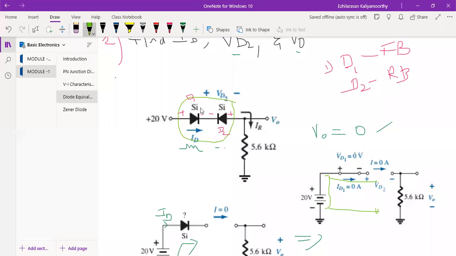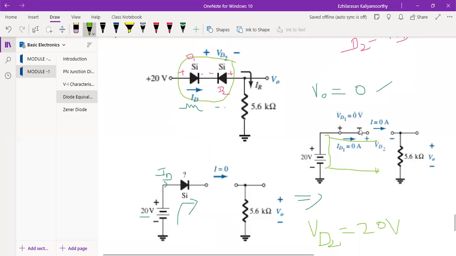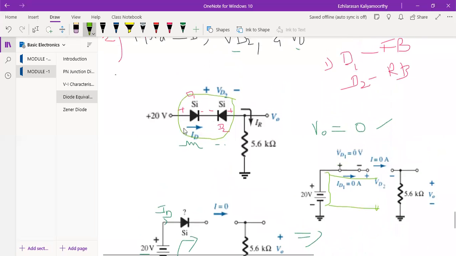So when this becomes a reverse bias, automatically what will happen, here we said it's a closed switch actually. The reason behind this is the current will be zero here because the diode doesn't conduct because of reverse bias. You see this. Even though it is a closed switch, there will not be any current over there. You may think only this is reverse bias, and this is forward bias. No, you cannot say like that.